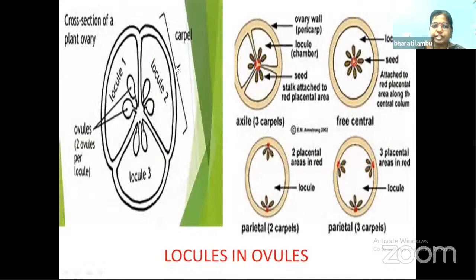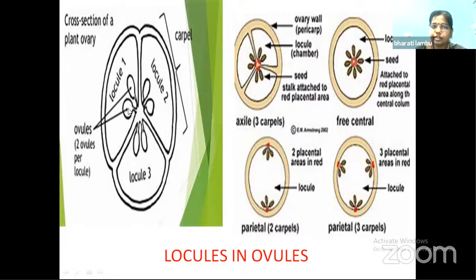So if you see this structure, it is the TS of ovary. Inside the ovary, you can see the bulged portion. This bulged portion is nothing but the ovules. These ovules are connected to the ovary wall by a cushion-like parenchymatous structure that is called the placenta. So inside the ovarian cavity, you can see the space. This is the space. So it is locule 1, locule 2, locule 3. That means it is having 3 locules. So 3 locules means a trilocular ovary.